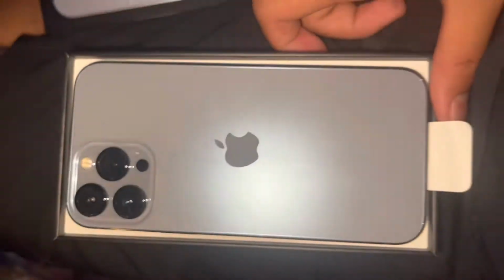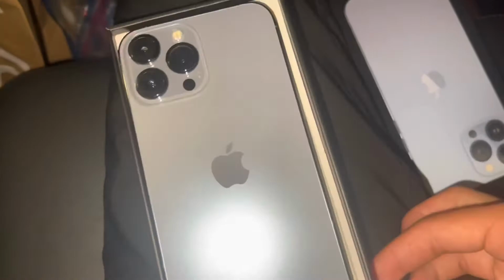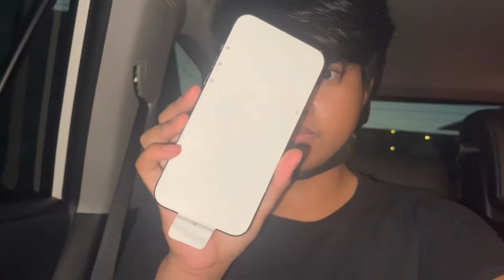This is what it looks like from the back of the phone. I heard that the iPhone 13 is more sophisticated than the iPhone 12 because it has more camera ability. These features, such as the cinematic feature, which I will be going over in a little bit,